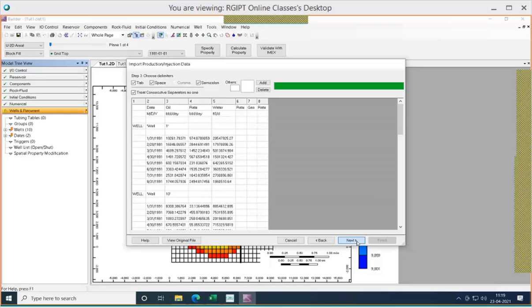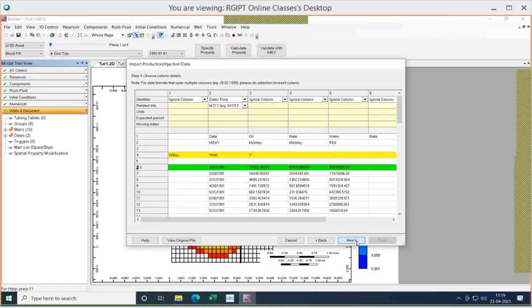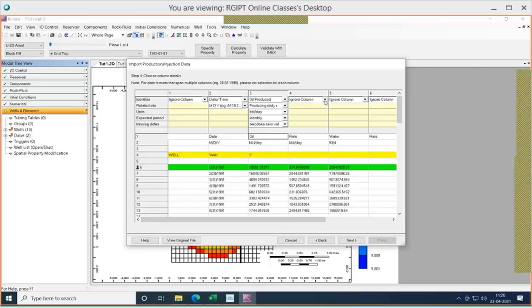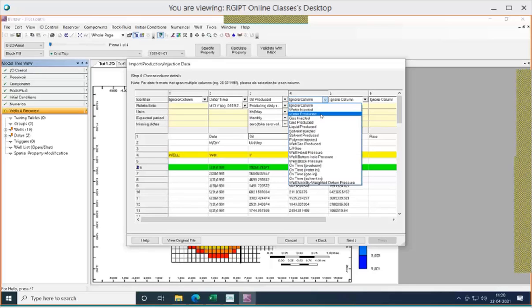Next. Okay, so here these are the values that have been taken, but CMG does not know what they actually mean. So we have to select date. It is selected automatically. There's no issue. It is in the correct format. In that file we know the first column is oil produced, so we select oil produced, and this column represents the water produced.